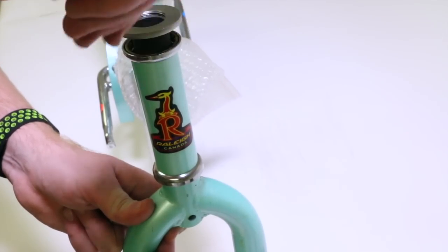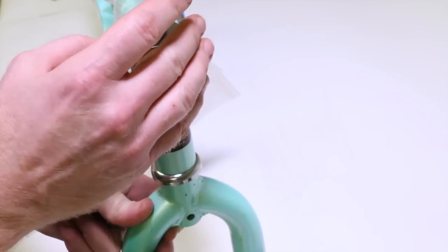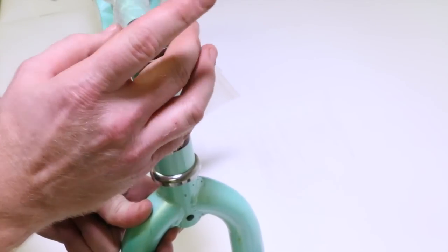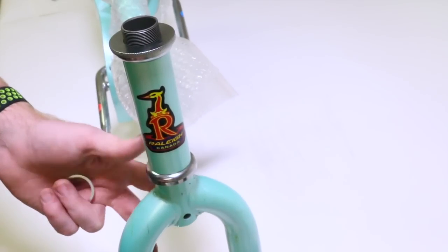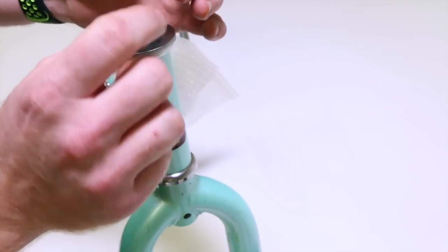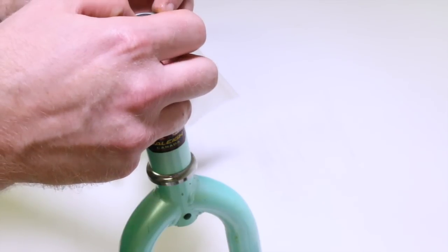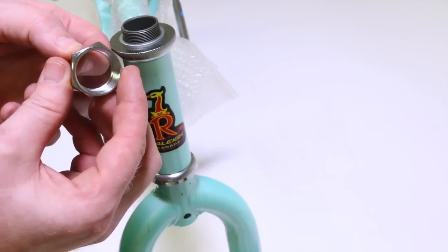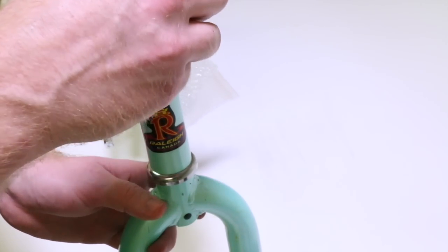Hopefully. Here we go. And we're going to turn it until it's just snug. You don't have any more slop in the bearings like that. Okay, and then you're going to have this little washer thing. It's got a little keyway that goes on the back side on this fork. Goes like that. And then we have this upper cap that is threaded, and we're going to thread that on